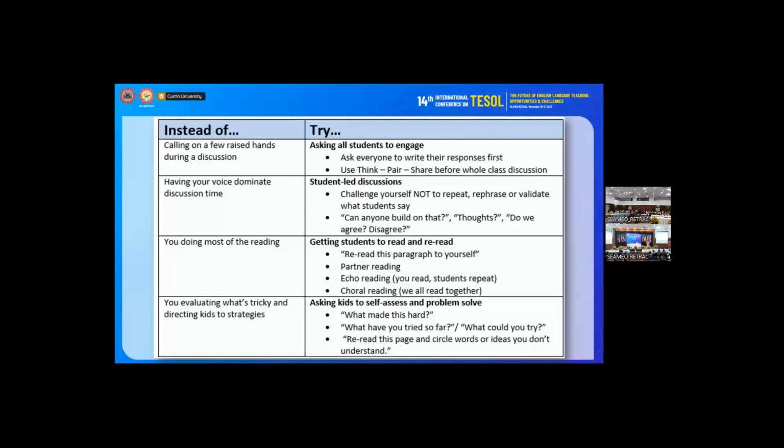And then when something is difficult, and I know I'm guilty of this, when something is difficult and students don't understand, I explain it over and over. Instead of saying, is this hard for you? How could we understand it better? What do you think? Is anybody willing to try to help explain it? Instead of me as a teacher doing all the explaining. So these are just some hints, okay? Now,